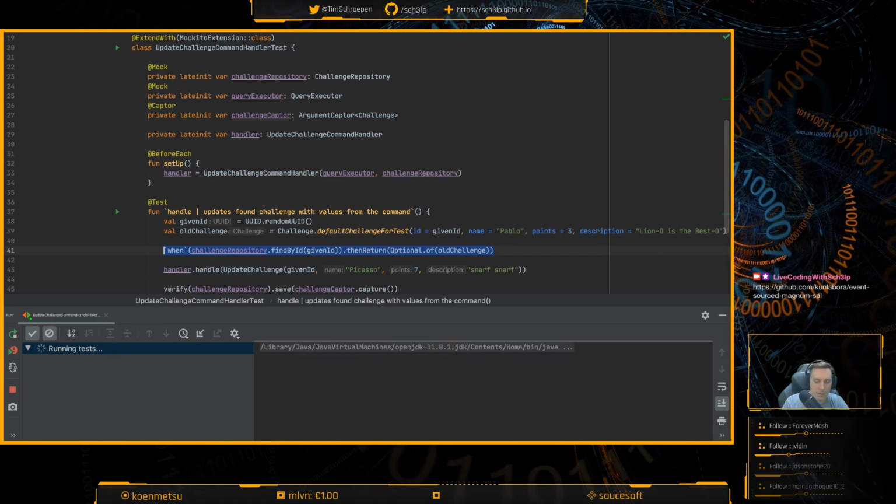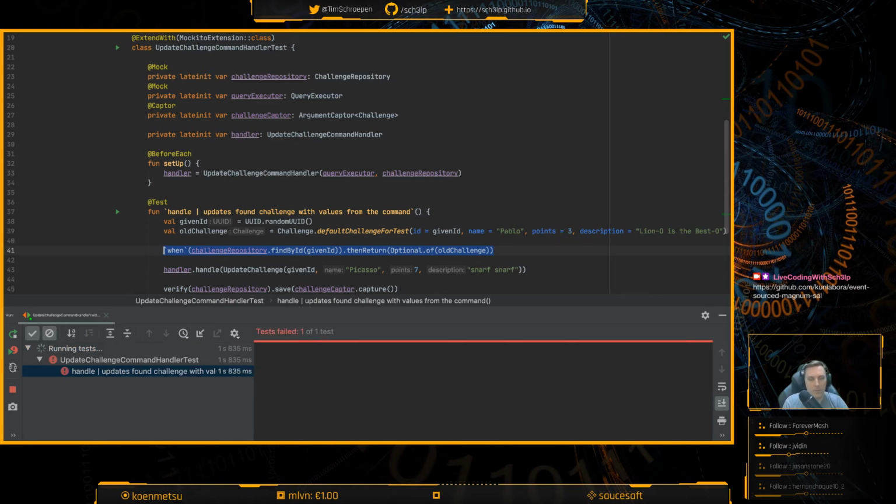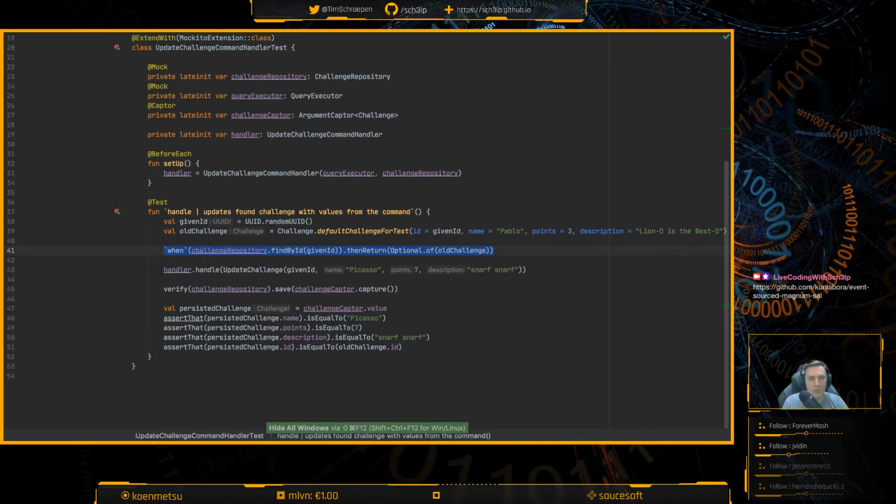change this into using the query executor. So when query executor execute find challenge using this challenge ID, then return, and not an optional anymore, but let's call this existing challenge.